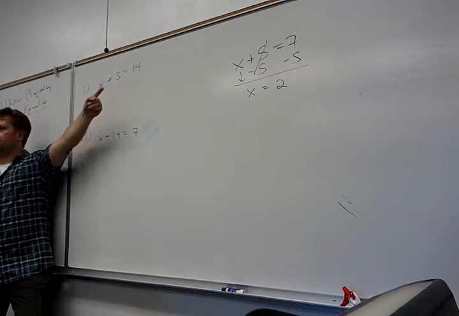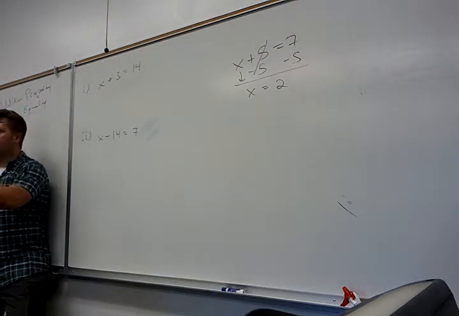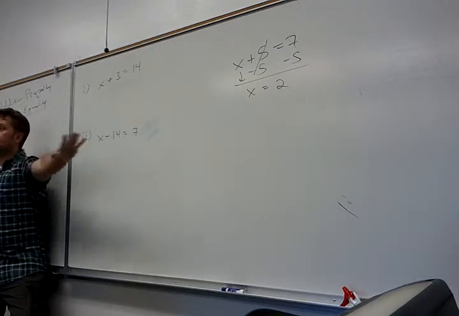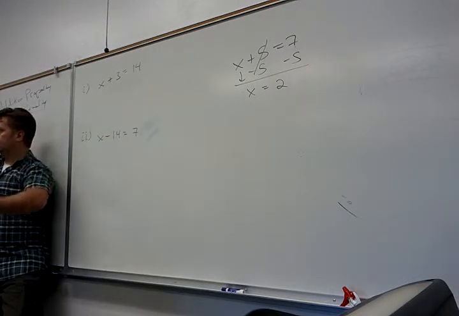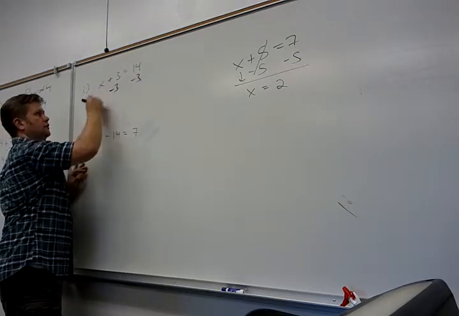So what do I do to this first guy? Because remember, always remember your goal is to get the variable by itself. So you want to cancel everything else out. That's why we end up doing the opposite operation. So if I do subtract 3 from both sides,